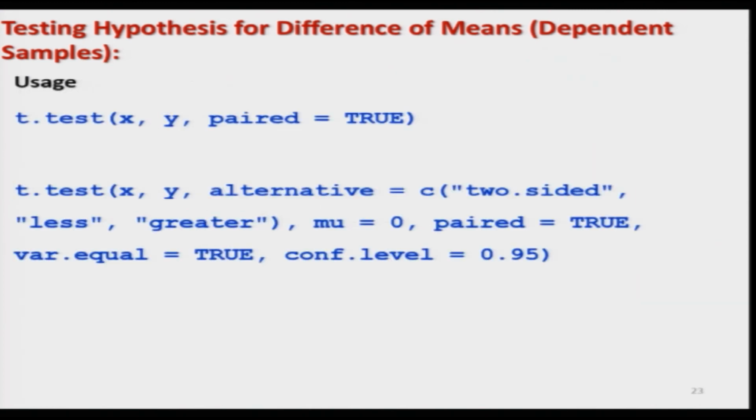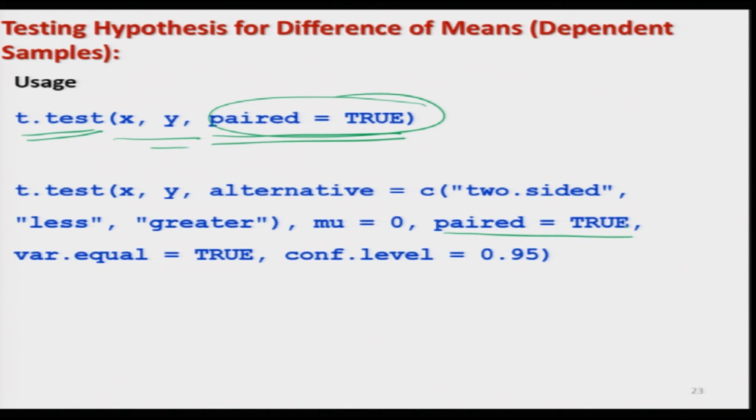And in case you want to use the R software to do such a test, it is very simple. The same command continues there. The only option you have to change is the option paired. Earlier you used paired equal to false, now you have to use paired equal to true, right. So in this case the command remains the same, t dot test, everything remains the same, only the option paired equal to true is changed, right. So now you can see that in this case paired is equal to true.